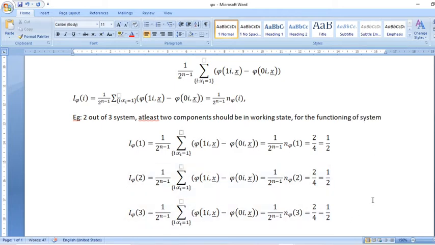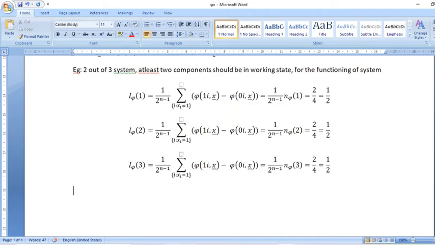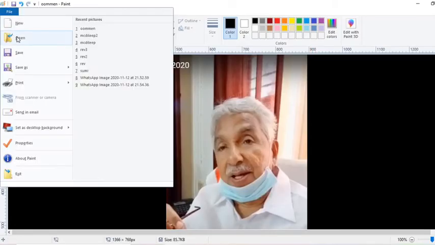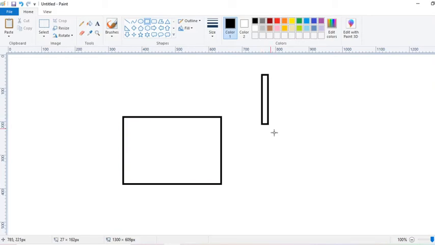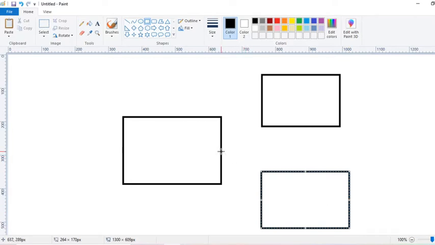Another situation is, I will draw a diagram. The system structure will be